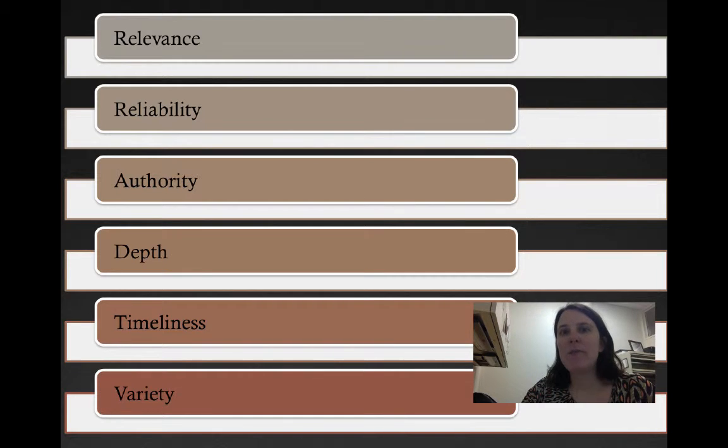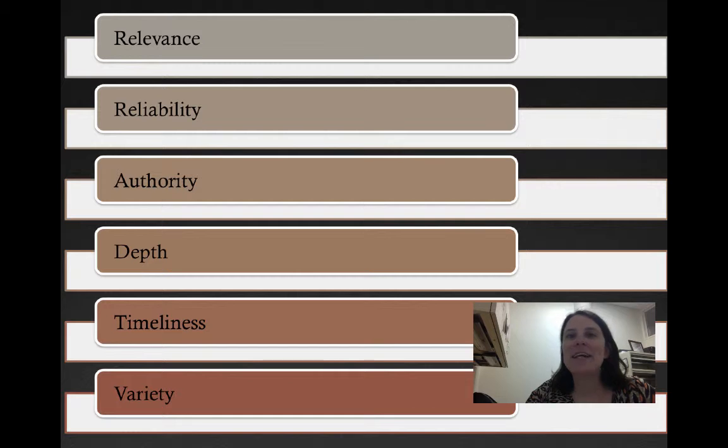Timeliness is going to be important. You're going to want to decide how far back to start your topic. Like, do you want to talk about the history of your topic at all, or do you want to start in the present day? Obviously, if you have a scientific or medical topic, then it's especially important that your sources be timely. In general, people should try to work with sources from the last 5 years whenever that's possible.